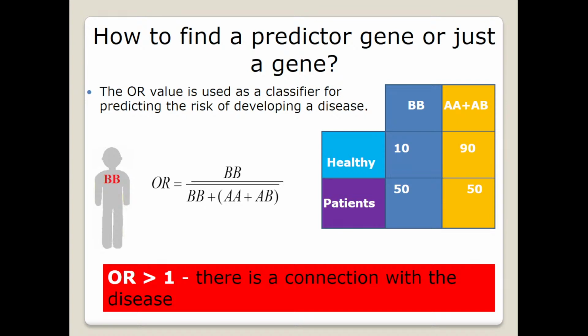In healthy, this combination of wild type alleles can be met in the healthy group 90% and in the patients group 50%. And then you can see the formula which is used for understanding how big the differences are. And in our sum let's say that